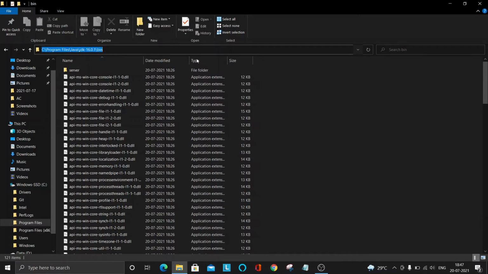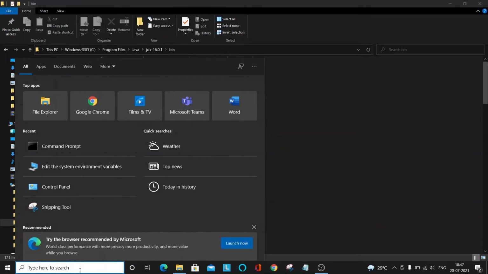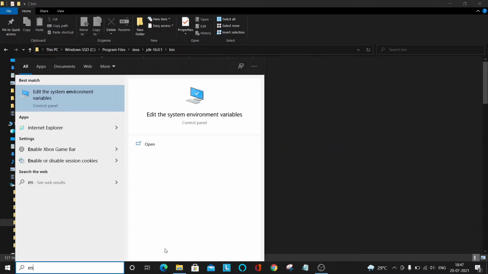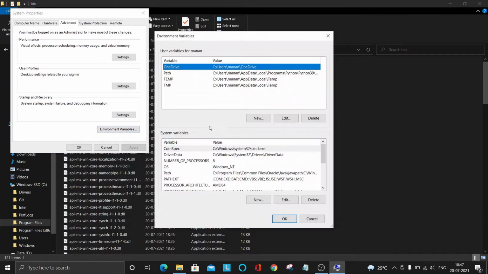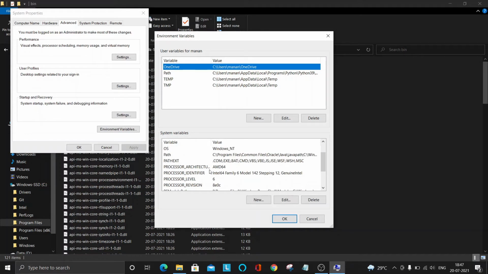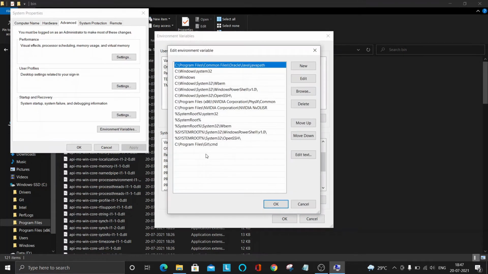After copying, just type environment in the search, and here you can see edit the system environment variables. So open it. Inside that, go into environment variables. Here go into path, click on new and paste your path.